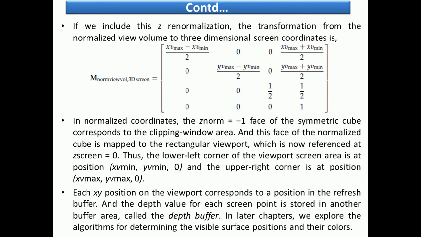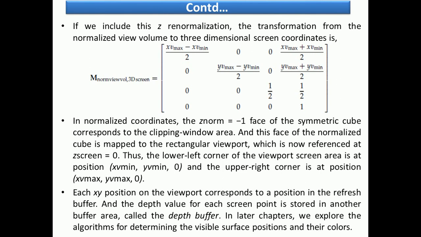Often, the normalized z values within the symmetric cube are renormalized on the range from 0 to 1.0. This allows the video screen to be referenced as z equal to 0, and depth processing can be conveniently carried out over the unit interval from 0 to 1.